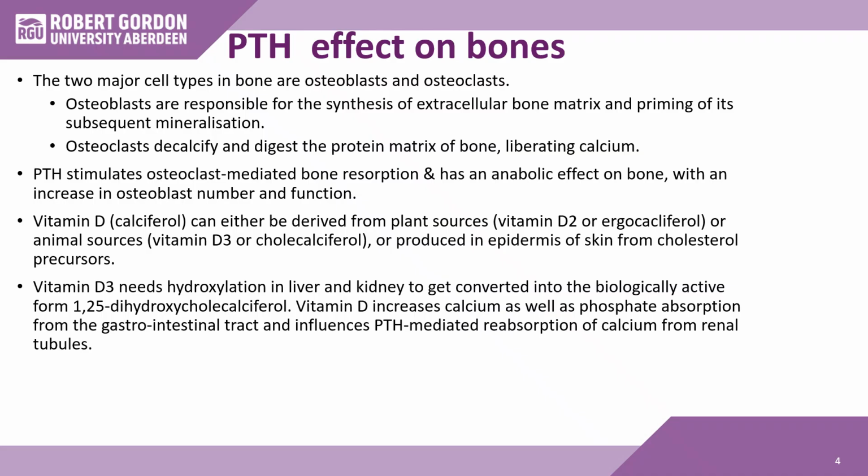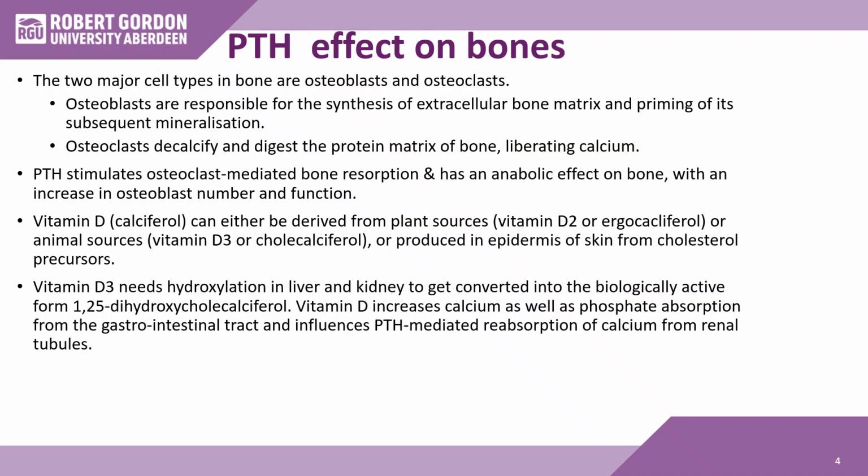Vitamin D, in the form of calciferol, can either be derived from plant sources, D2 or ergocalciferol, or animal sources, D3 cholecalciferol, or it can be produced in the dermis of the skin from cholesterol precursors. Vitamin D3 needs hydroxylation in the liver and kidney to get converted to the biologically active form, the 1,2,5-dihydroxycholecalciferol. Vitamin D increases calcium as well as phosphate absorption in the GIT and influences parathyroid hormone-mediated resorption of calcium